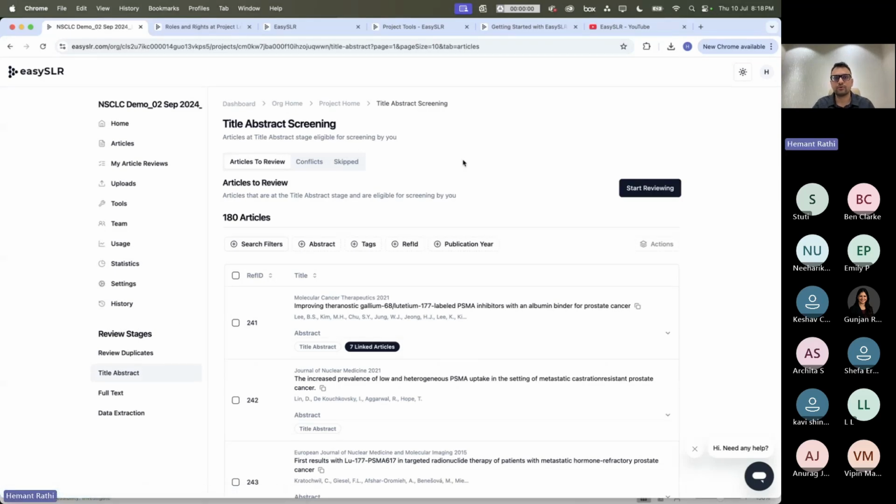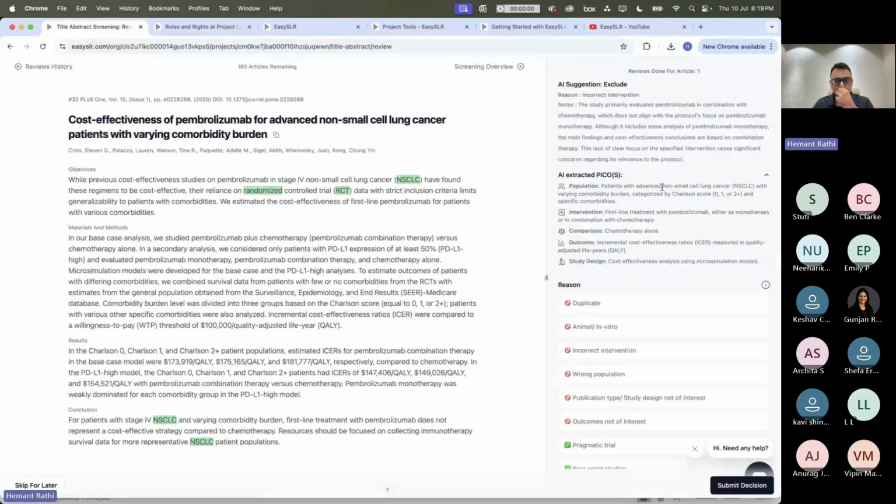So moving on to title abstract scanning, I'll just start with the scanning window. This is how our scanning window looks like. I'll start from the left-hand side. We have the publications, the DOI, it's clickable, so it takes you directly to the publication, title, authors, and